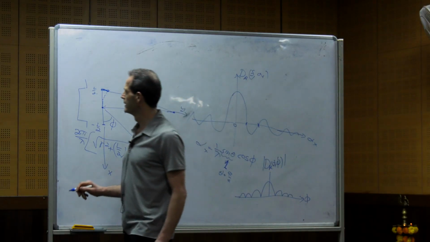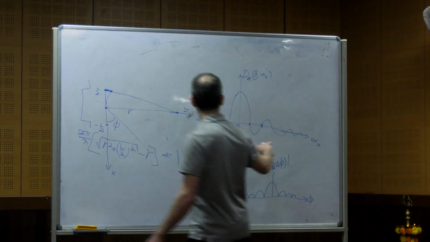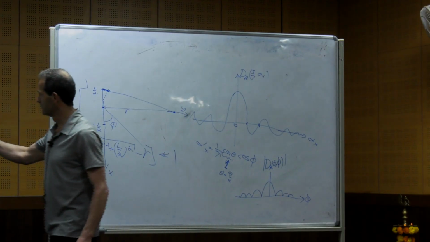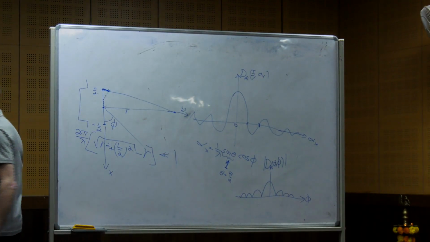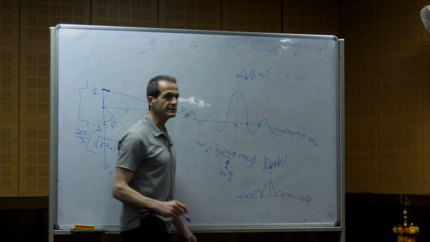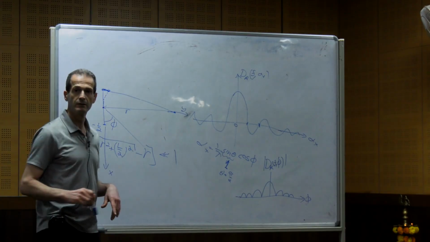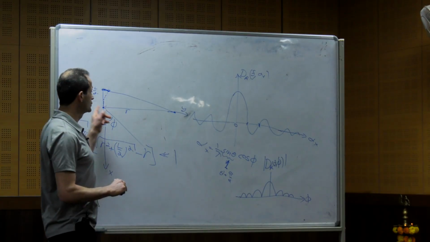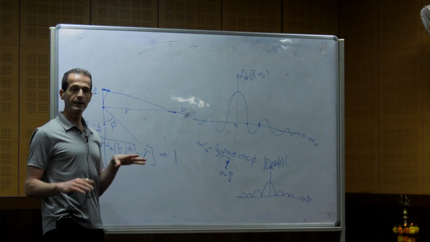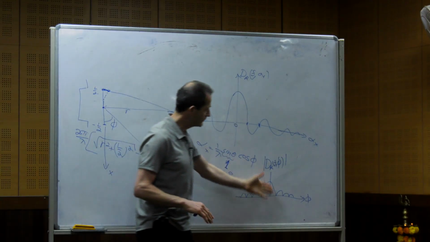So for certain directions, when alpha x is an integer product of lambda over L, we have nulls. Nulls mean that a signal that comes from a certain direction will be 0. It will generate 0 electrical signal,